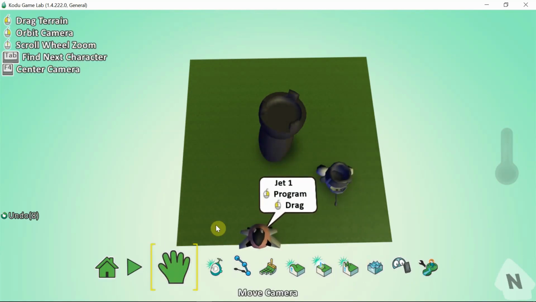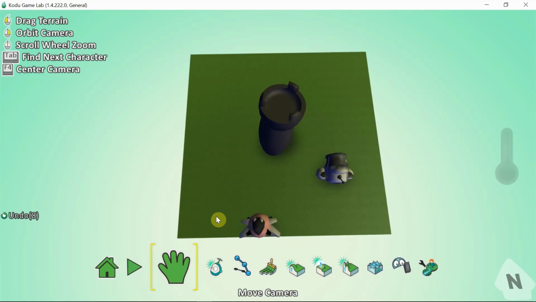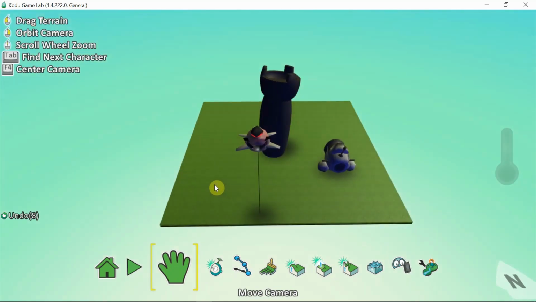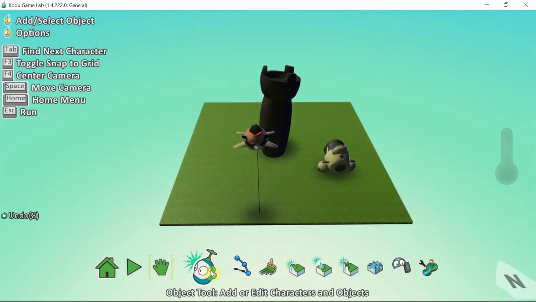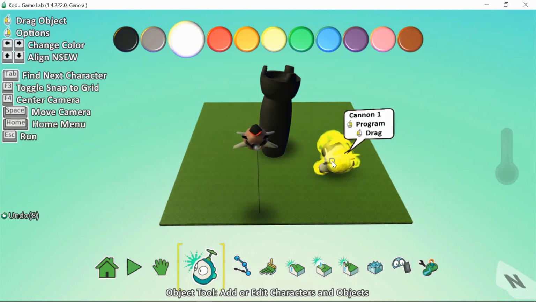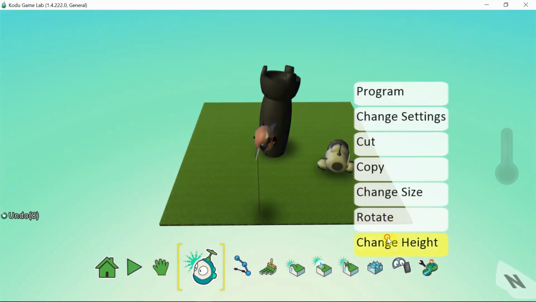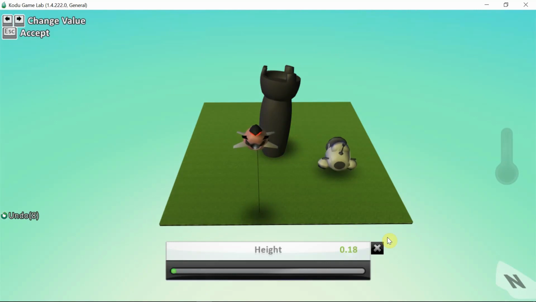So I come to move camera and I adjust, right click and I adjust like this, just to have a pretty well idea of the orientation of the objects. Here is the castle and this is the cannon. I come back to the object tool and I change the height of the cannon.